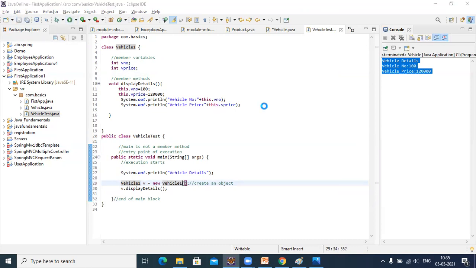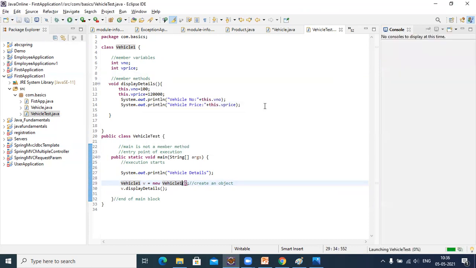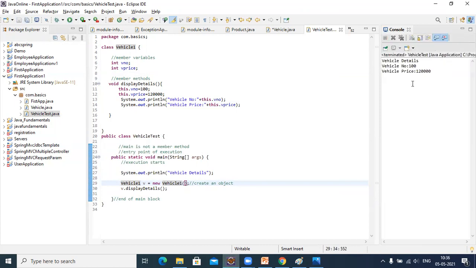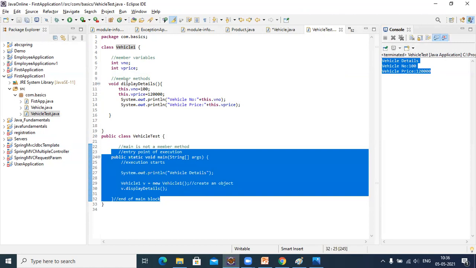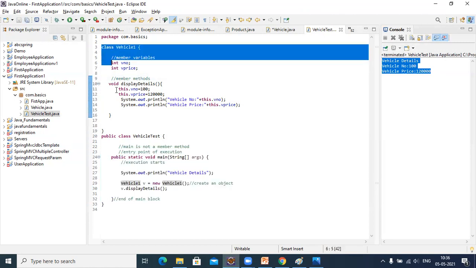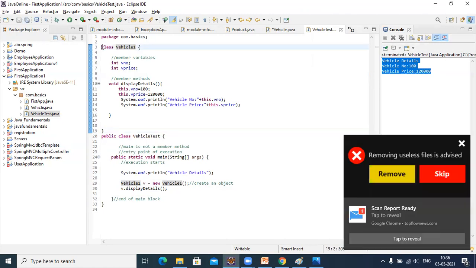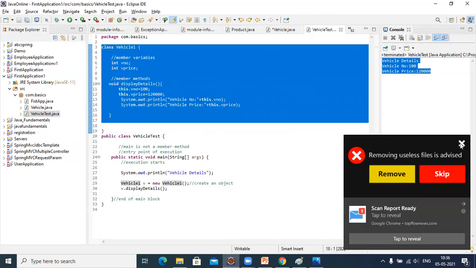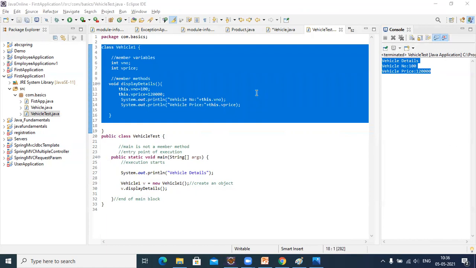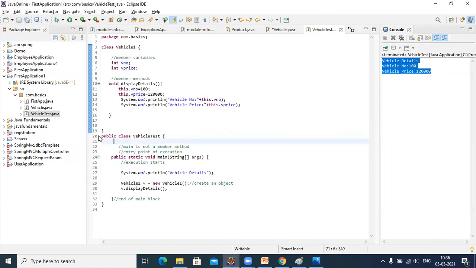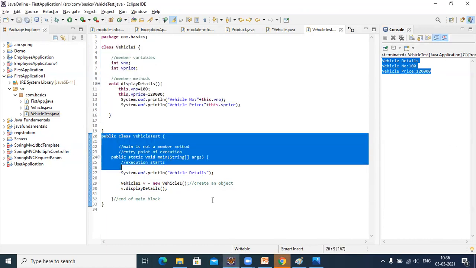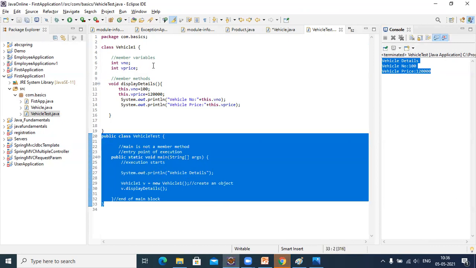Simply execute. So you got the details. Now your main method is separated from your main class. This is your business class, and this is your class with the main method for testing the application.